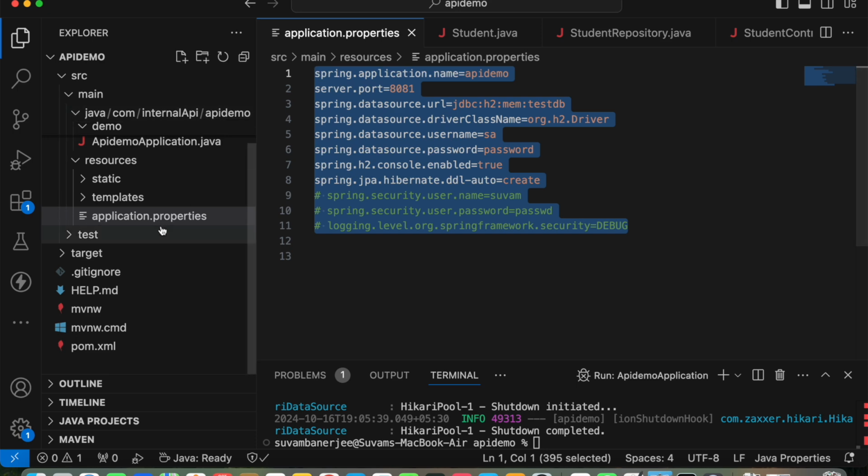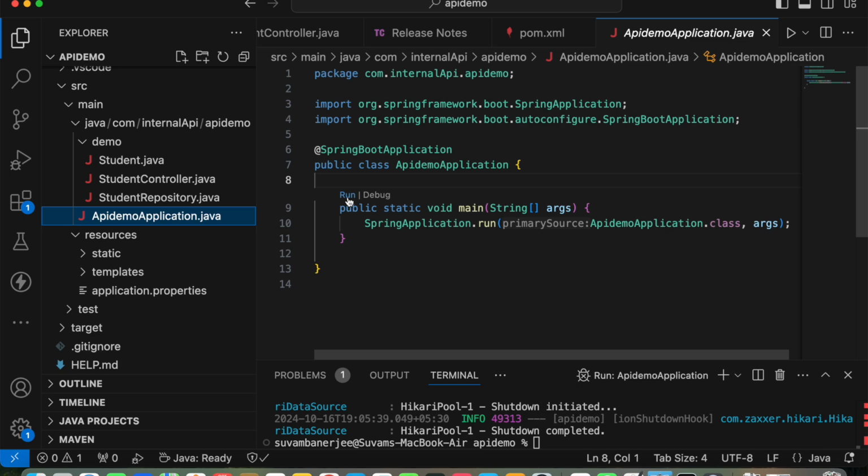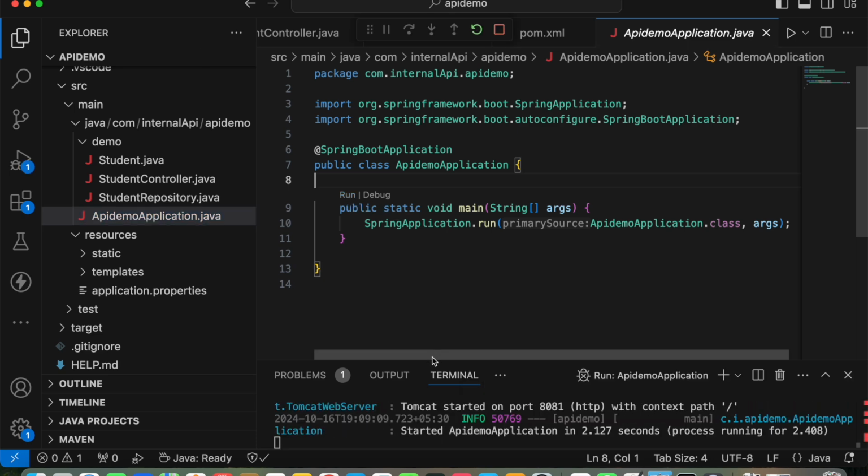Everyone done? Now run this main method. Once this running is successful, right? So what will